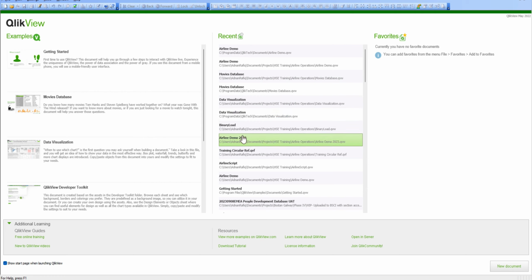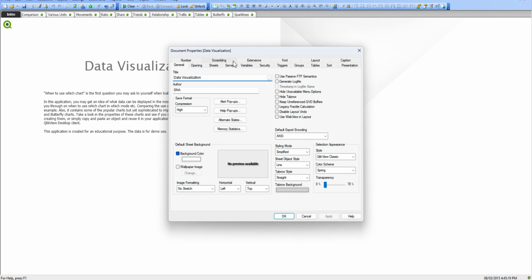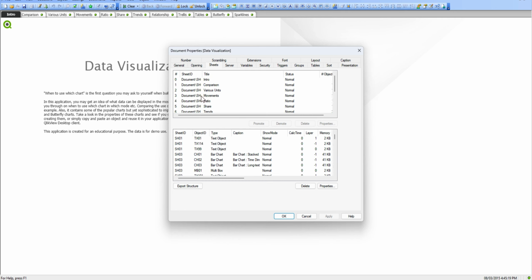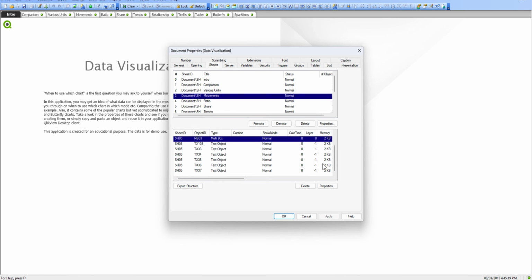A way to see how much time each object is taking, there is a way around that, so let me just open one application. Let's open this data visualization, and if I go to settings and document settings, and go to where is sheet, so we have the sheets here, and if I go to this document, I can see the calculation time of each object, and there are a lot of other properties. So you can check that if an object is not opening and you come here and see that its average calculation time is too much, then you can